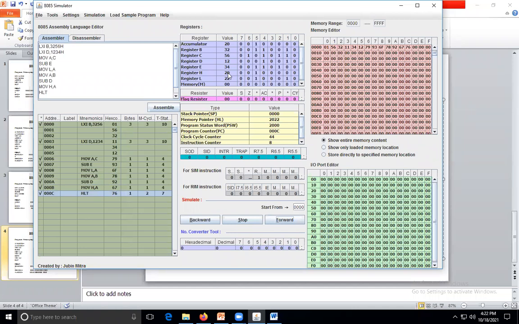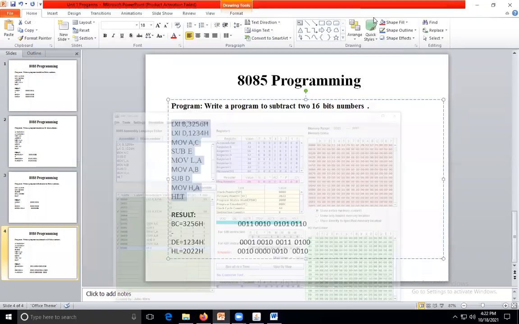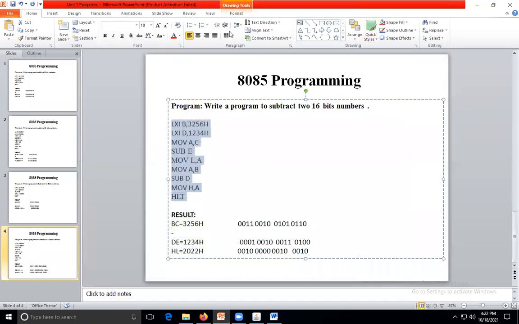Okay. So this is the program for the subtraction and addition of 16 and 8 bits. Then you have to stop this program. So this is the 8085 simulator. These are the 4 programs we are discussing, which you have in your practical session: addition of 2 numbers of 8 bits and addition of 2 numbers of 16 bits. Okay. So this is the program. If you have any difficulty, ask me. I'm just taking attendance. 5 minutes are there.